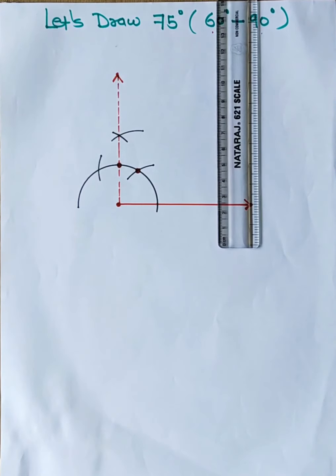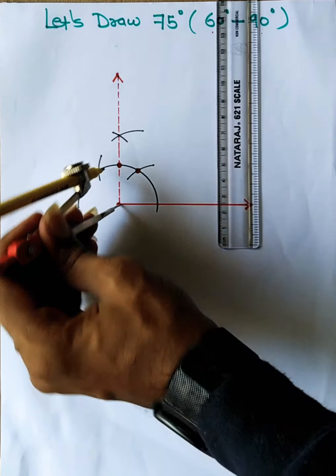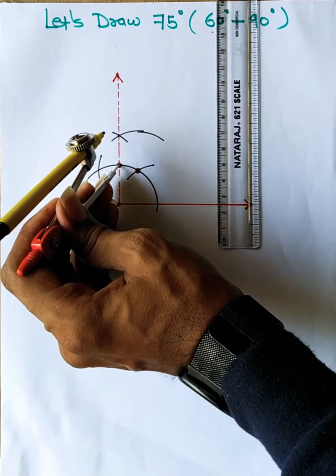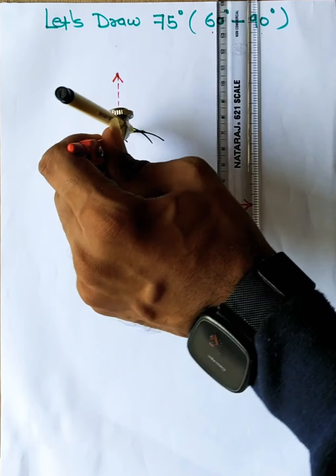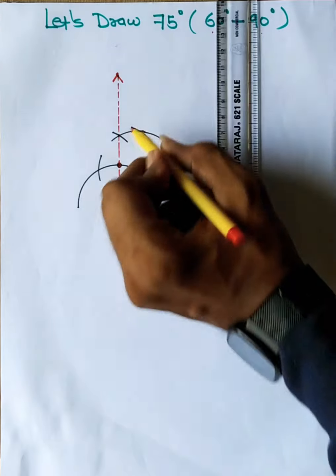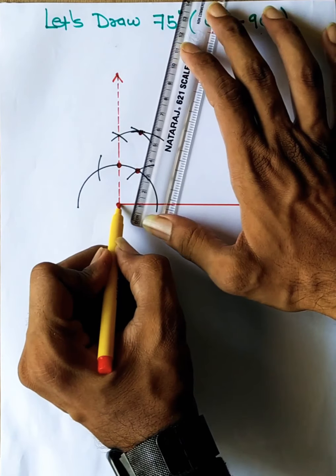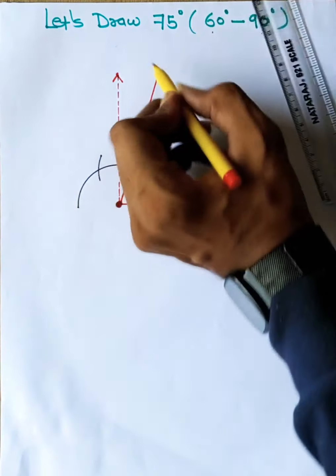So as per my trick, you take the same arbitrary radius and draw one arc from 60 degree and another arc from 90 degree, that will intersect at a point over here, and this point, if you join this by this, it will always be